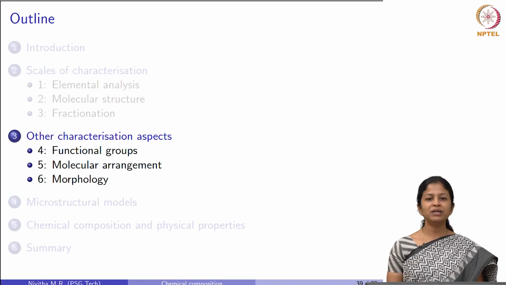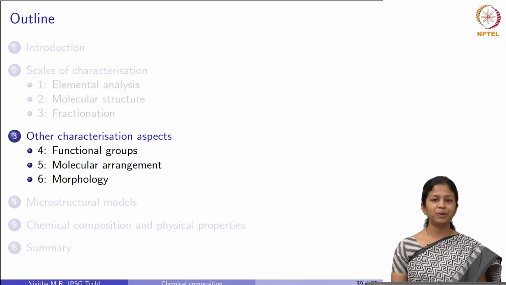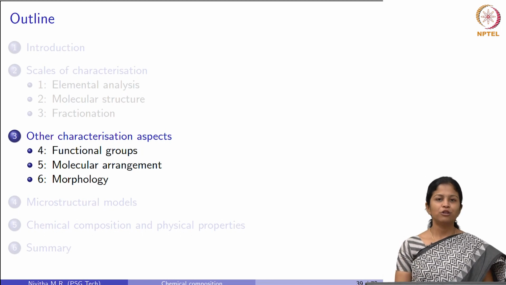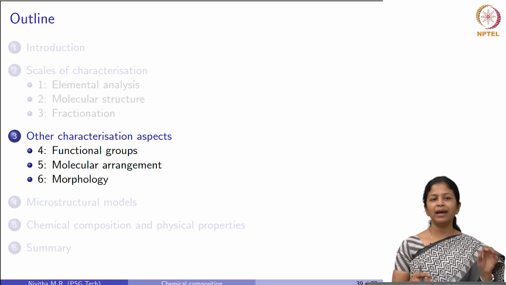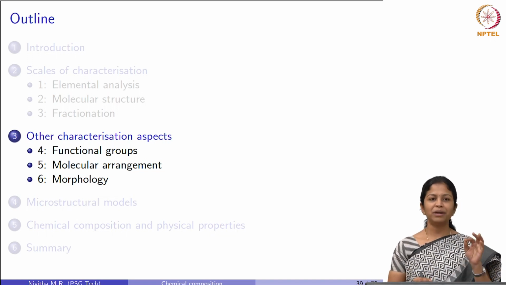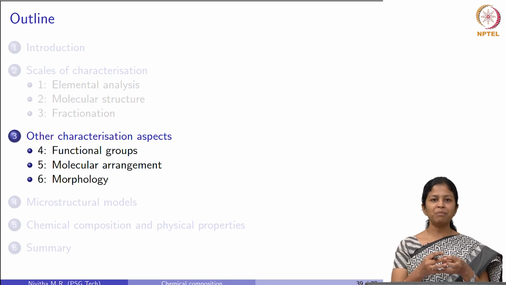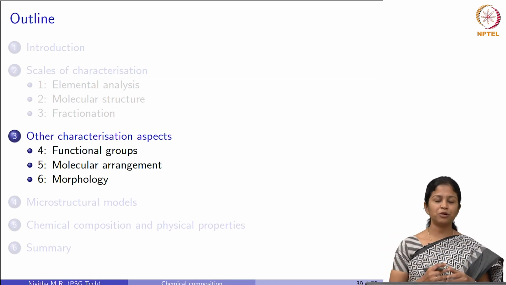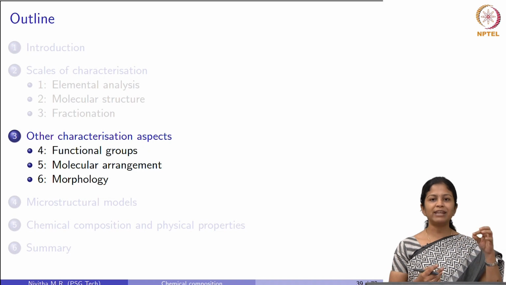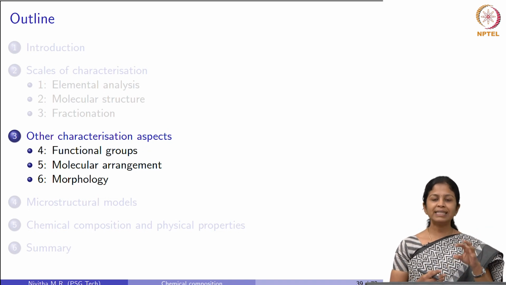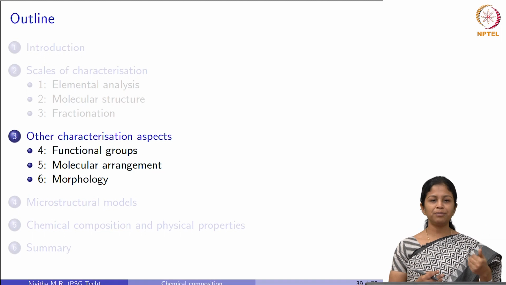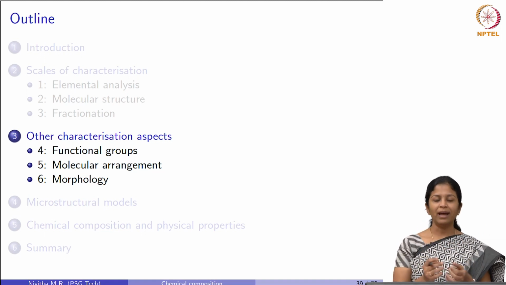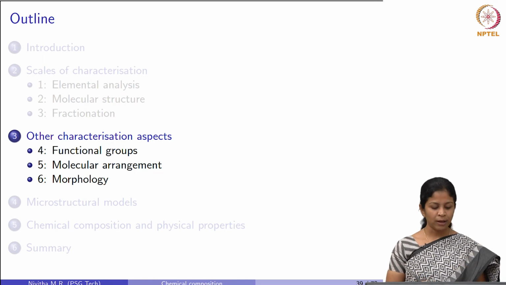Next we will move on to certain other characterization aspects which are available for bitumen. Now we said that separation of bitumen into fractions is convenient and gives us a lot of information, but again we also said that when we sum up, we are not able to get the response of whole bitumen because we are not capturing the interactions. So, we need some techniques which will give us information related to the chemical composition when bitumen is considered as a whole instead of separating into fractions.